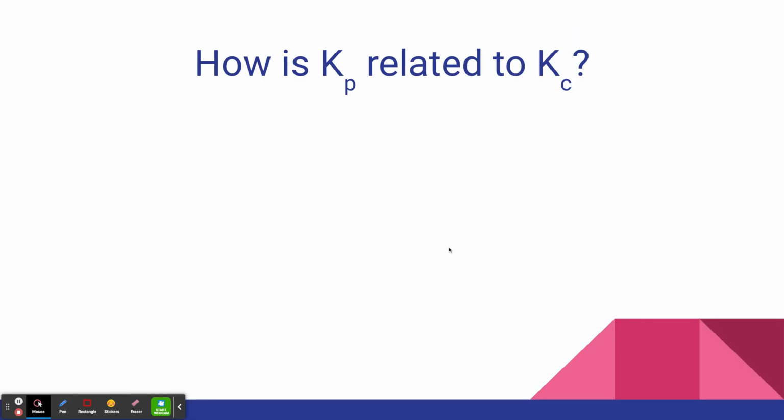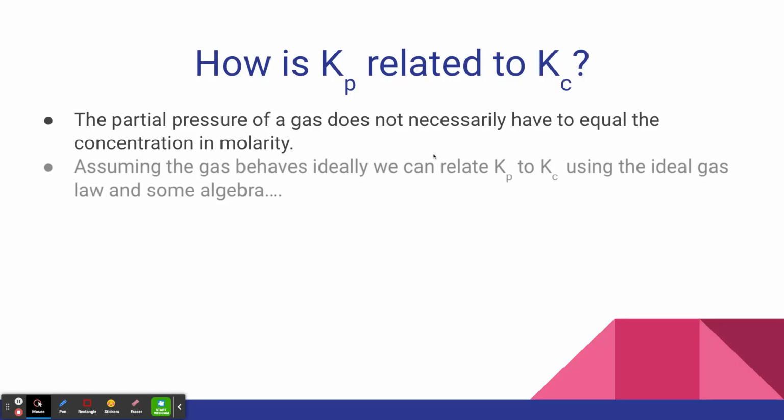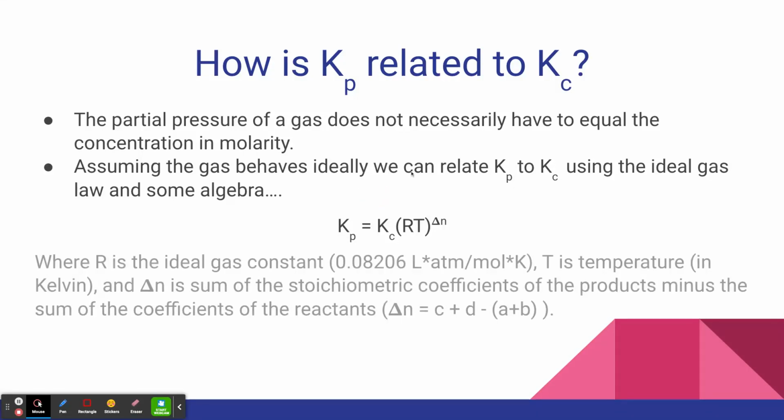All right, so how is Kp related to Kc? Well, the partial pressure of a gas does not necessarily have to equal the concentration in molarity, as I just got done stating. Assuming the gas behaves ideally, we can relate Kp to Kc using the ideal gas law and some algebra. So we'll get Kp is equal to Kc times RT raised to the delta N power, where R is the ideal gas constant,